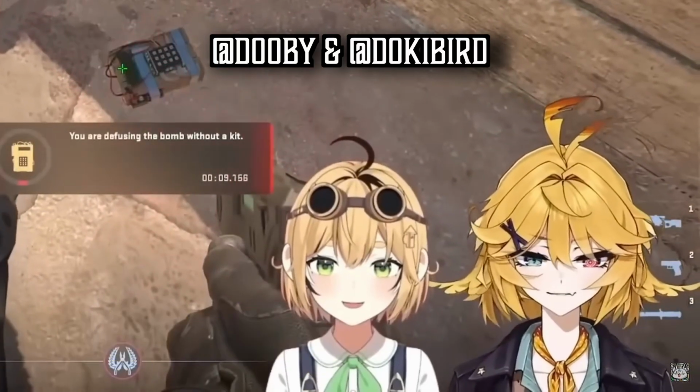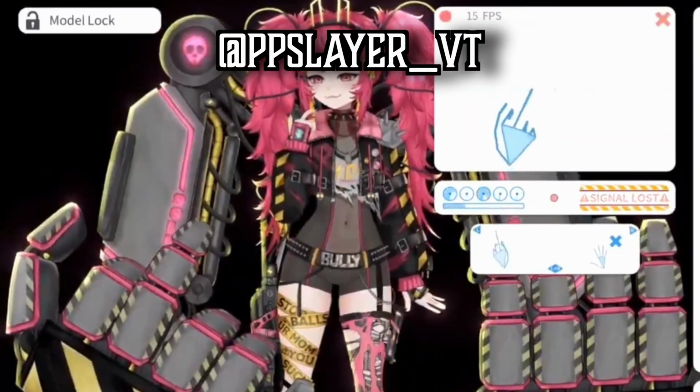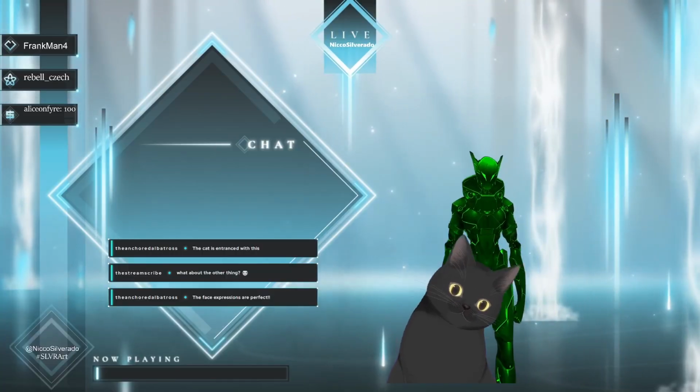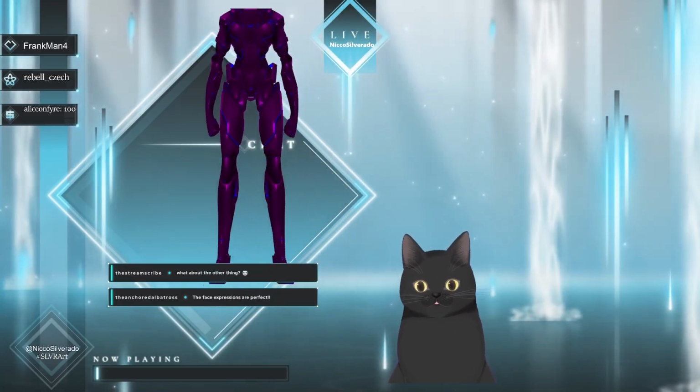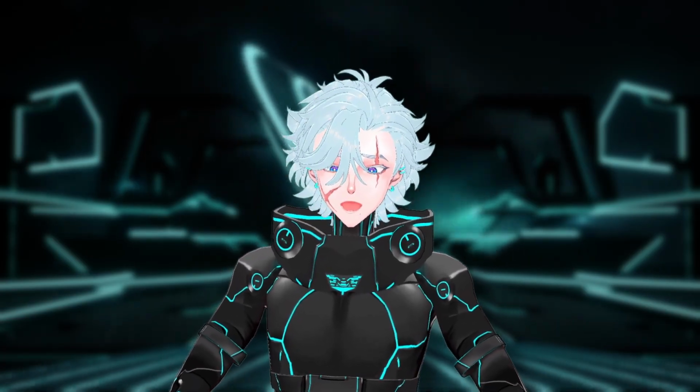It has a lot of smooth, natural animations. You can have a lot of really fun ways of tracking, as long as your artists and rigging individuals do the job that they are paid to do, and you can have a really fun model to integrate into your streams. With a lot of fun balances between customization and performance,